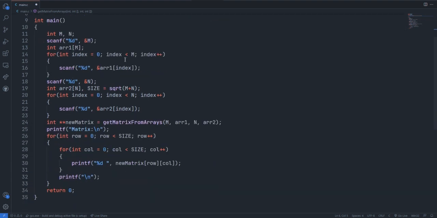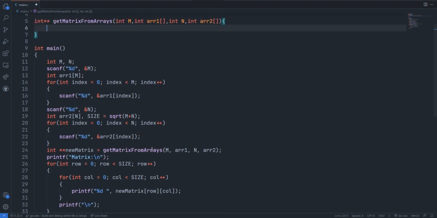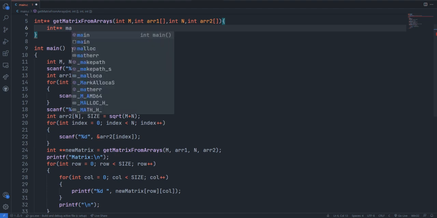Here, this is the code they have given. They have taken care of all the input, and they also defined the print statement. We just have to make a function that will convert this one-dimensional array into a two-dimensional array. For that, we need to return a double pointer array. I am creating a double pointer variable of data type int, and I'm naming that variable matrix